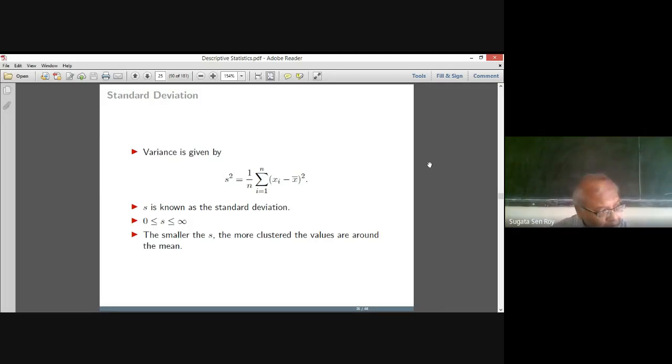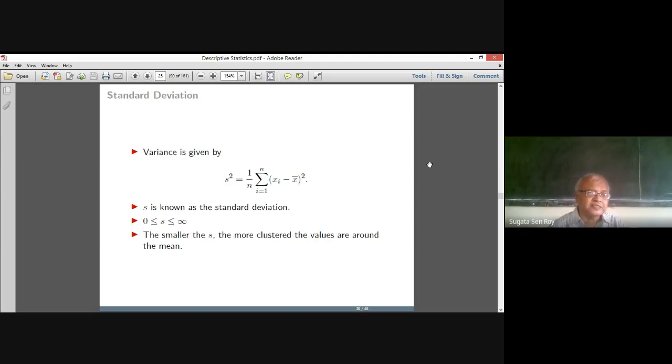So the variance actually gives us the clustering around the mean. The smaller the variance, the more closely clustered the values are. The larger the variance, the more dispersed they are. Okay? And you can see that